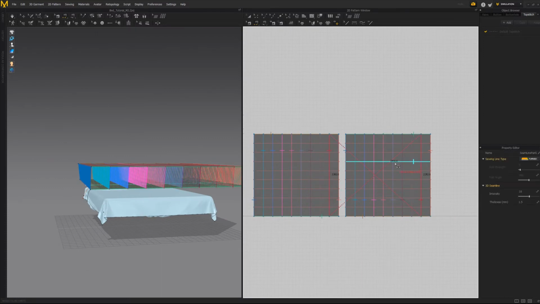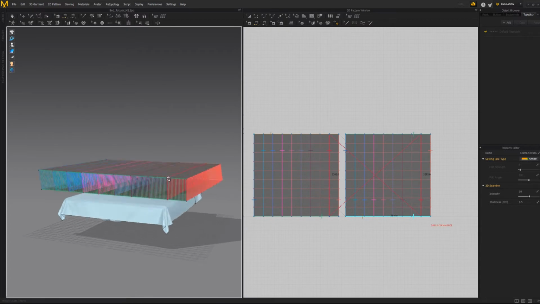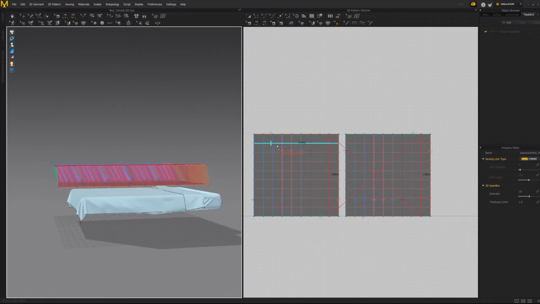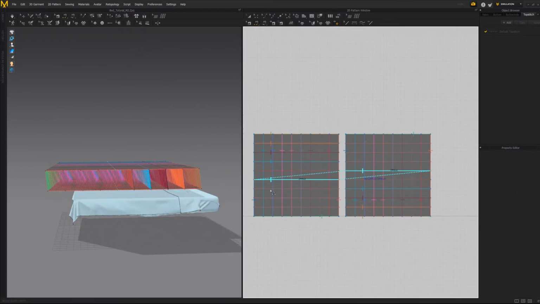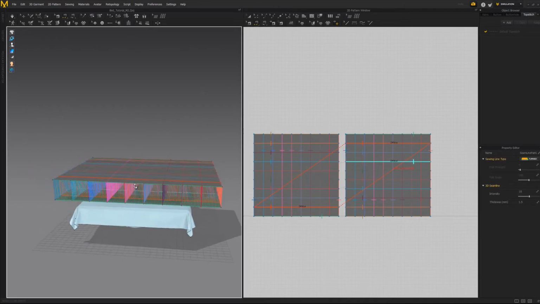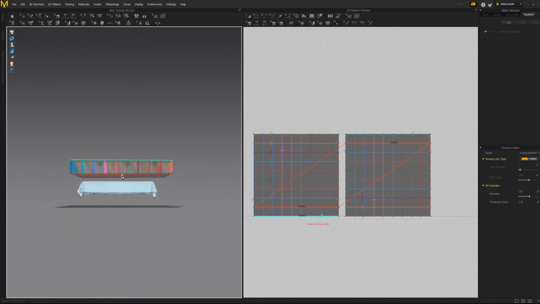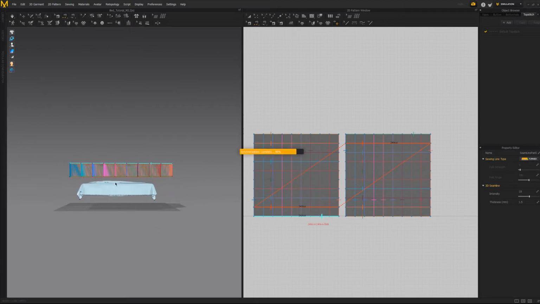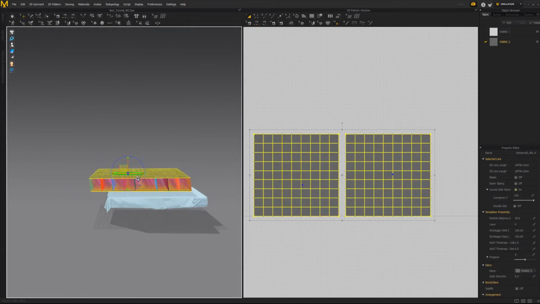So now we have done one whole side and you can see it looks pretty good here. So now we have to do this side. That was our last one. So now we have sewn everything together. It looks a little bit like a mess, but it's going to work. So we position this just about in the right spot. I'm gonna save it. All right, I'm going to press space